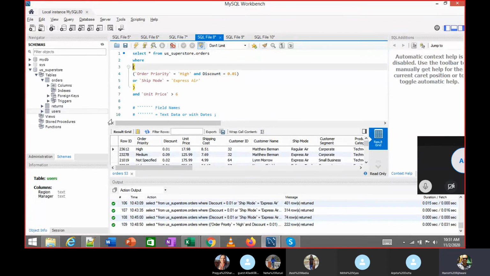I have interpreted the question in a different way. Here I am taking order priority equal to high and discount as 10%, or the shipping mode is equal to express air. And for overall, I am saying the unit price is more than 6, which is why you see the bracket between these two. It indicates that this AND is there for this entire condition.